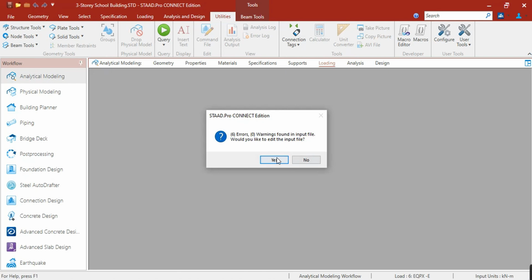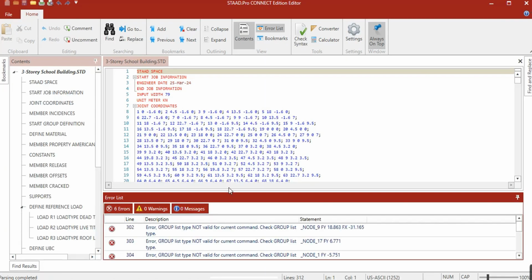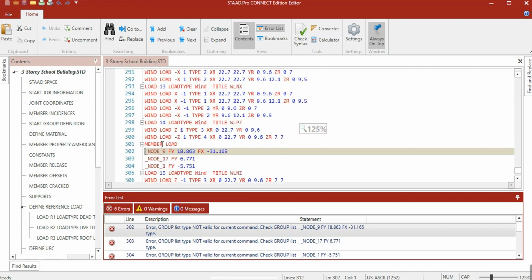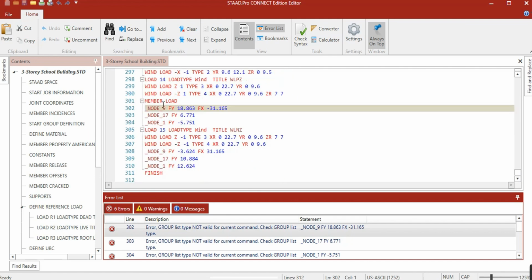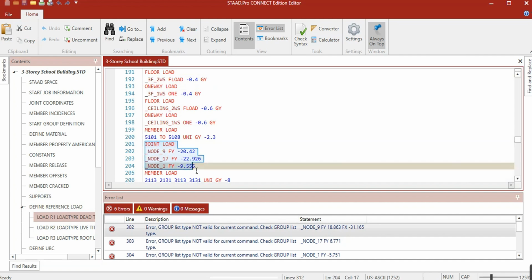Okay, so let's check. There's an error. Group list type not valid. Oh, okay, so this is a member load, but it is a node load. So be careful with that. For example, here, this is under joint load.